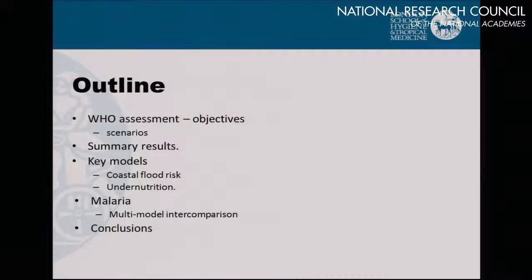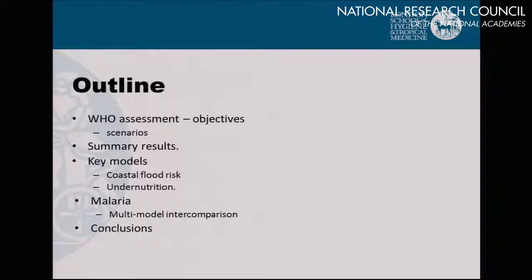The first thing to say is, when we do all this health risk modelling, we have to know who we're doing it for. And the reason that this was done as a global modelling exercise about future impacts of climate change was that WHO had a mandate for it. In one of their Health Assembly meetings, it was clearly decided that they had to do an update of the risk assessment of the global health impacts of climate change. So we had a very clear target audience.